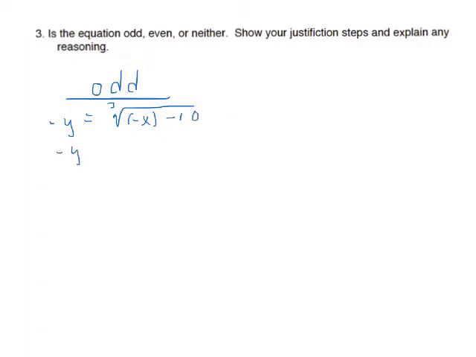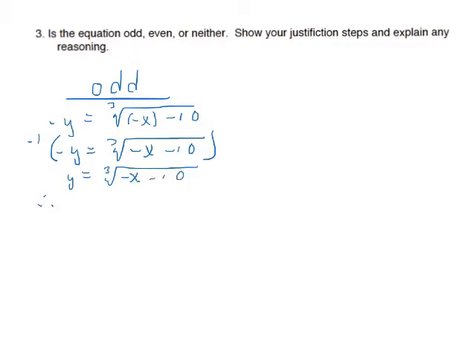That gives me negative y equals the cube root of negative x minus 10. We're going to multiply both sides by negative 1, giving us y is equal to the cube root of negative x minus 10. And then we're going to say, therefore, it changed,